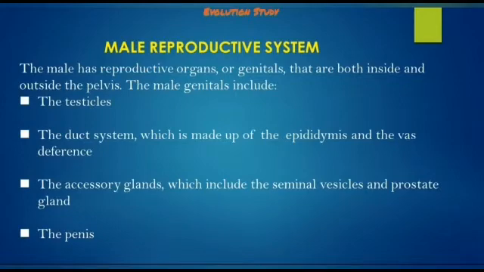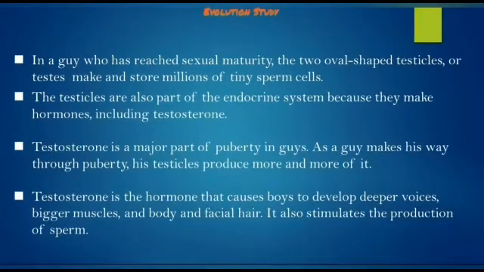The male genitals include the testicles, the duct system which is made up of epididymis and the vas deferens, the accessory glands which include the seminal vesicles and the prostate gland, and the penis as well. In a guy who has reached sexual maturity, the two oval-shaped testicles or testes make and store millions of tiny sperm cells. Now the testicles are also a part of the endocrine system because they make hormones including the